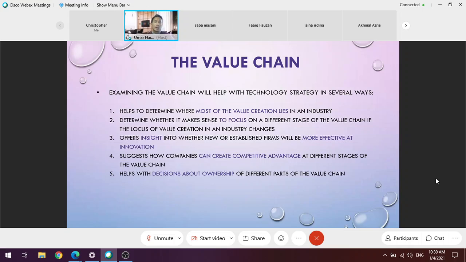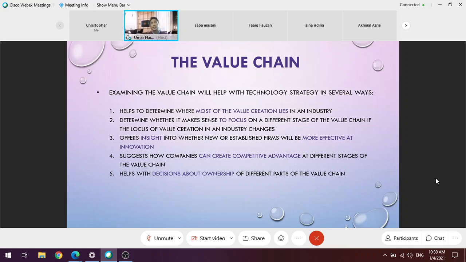So this is where I just want to give you an example. Sometimes the business needs to be very dynamic. Again, like what happened during COVID-19. So many businesses tried to change the value chain because they could not simply focus on the current business. Having said that, they were facing this kind of challenge, and then they needed to focus the locus of value creation. So again, it depends on perhaps the location, the regulations, and the human resources that they have. So this is where they need to focus.